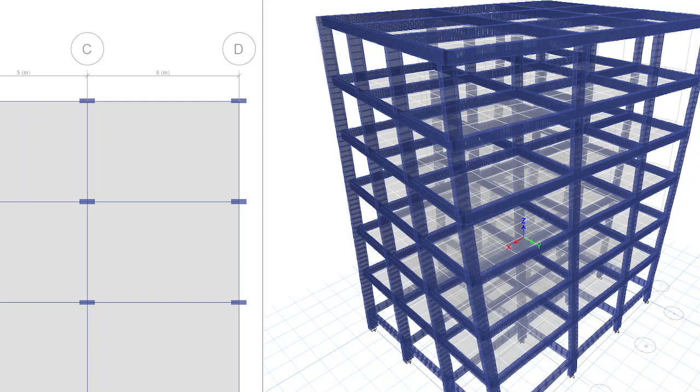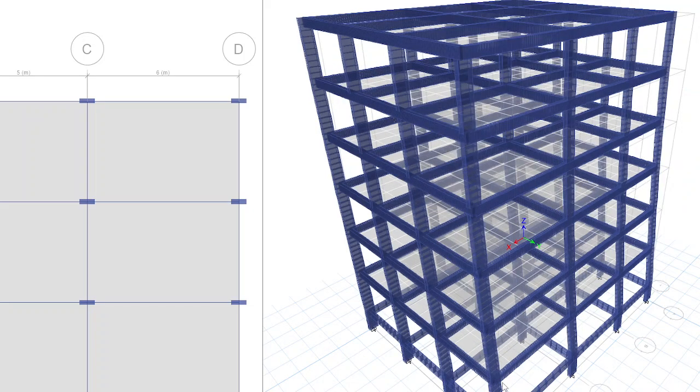Okay, same thing. If you observe, the first mode always has a higher time period compared to other modes. So the first mode will always govern the design.